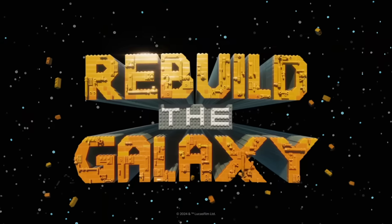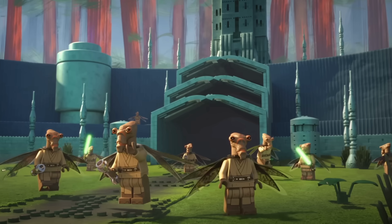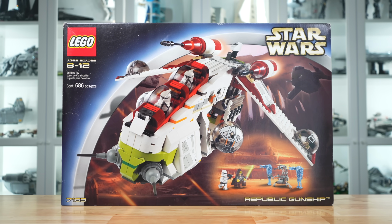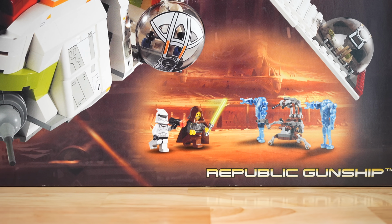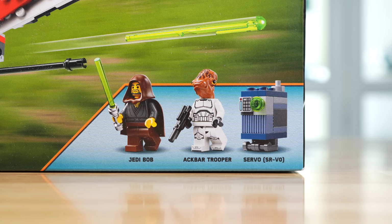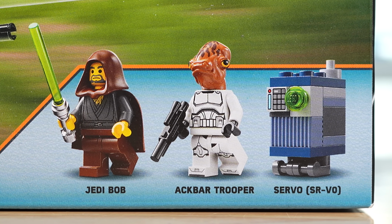the background. And while at the time of recording I haven't seen it, in the trailer it does show Geonosis transforming into a grassy biome, and so I can assume that the background is actually Geonosis, and this whole set basically takes place on Geonosis. And that's pretty cool because I think it's a callback to Jedi Bob's original appearance in LEGO Star Wars with the 2002 Republic Gunship, which of course has Geonosis box art and was made for the Battle of Geonosis and Attack of the Clones. The Geonosis transformation theory may also explain why we have an Ackbar Trooper included in this